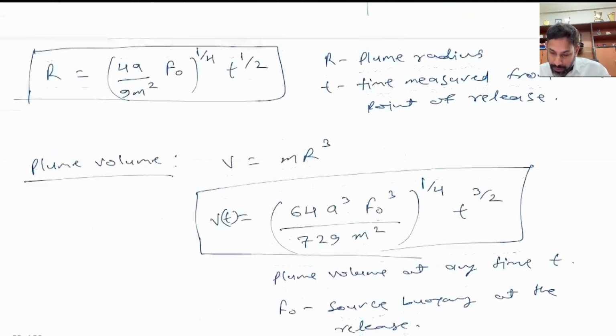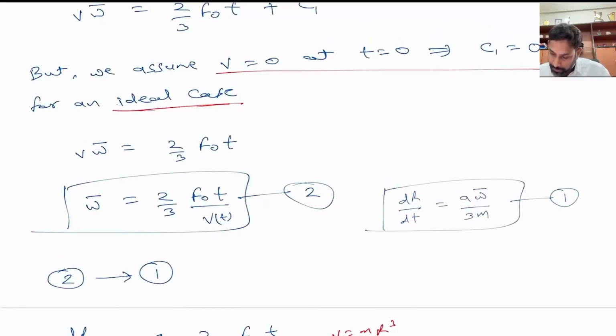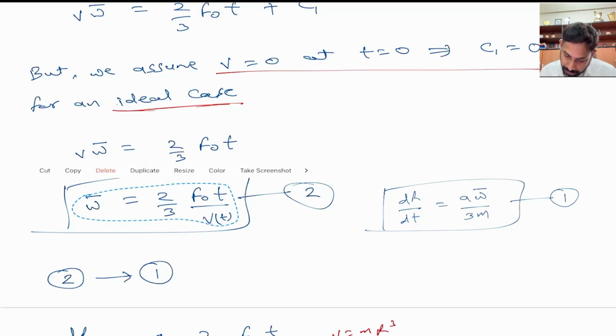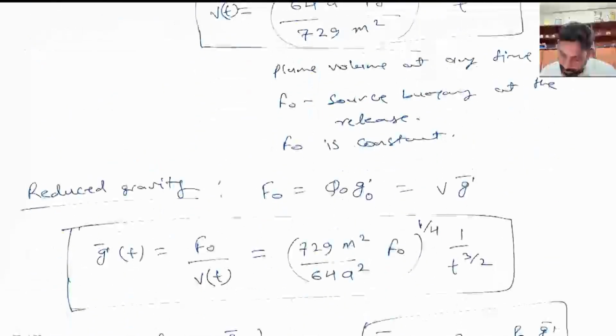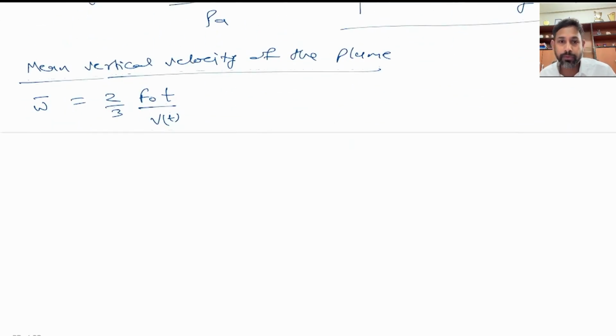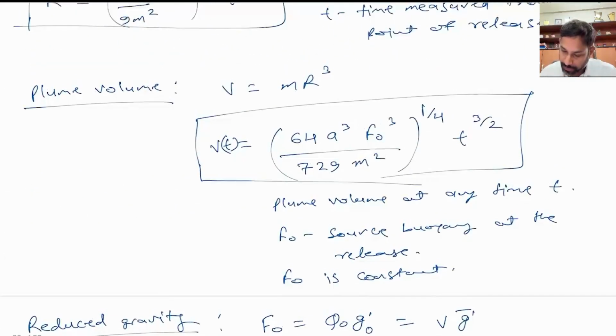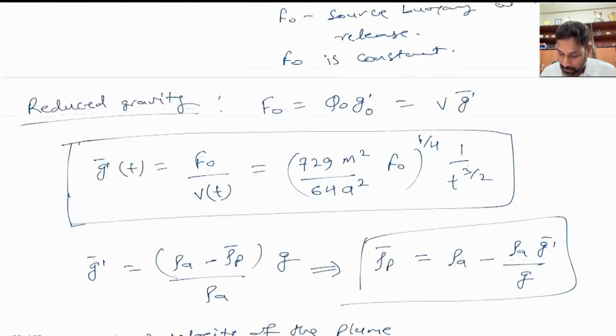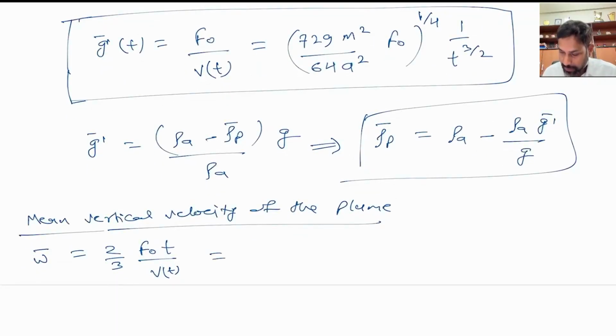So to find W bar, we go back to this equation number 2, and we see that this is related with F naught, t and V of t. So we simply copy that here. This is the formula that we already derived, and we have the formula for V of t as well, which is coming from here, right? So if we use this V of t formula, this gives us the W bar as